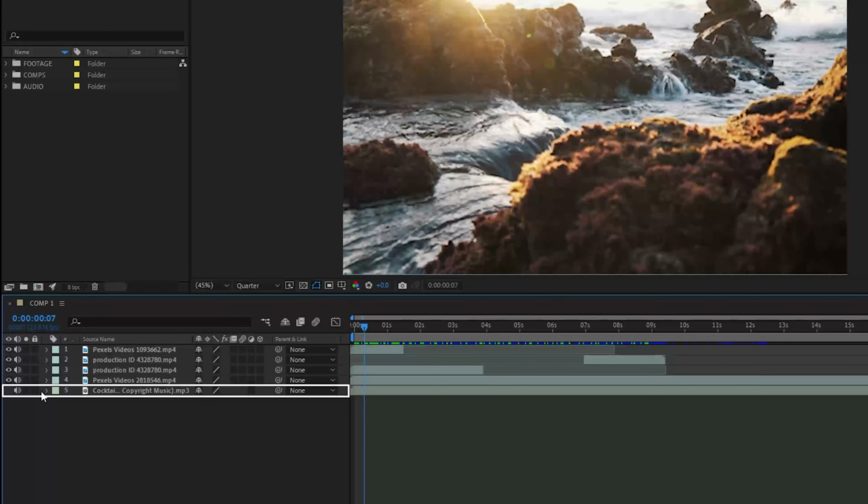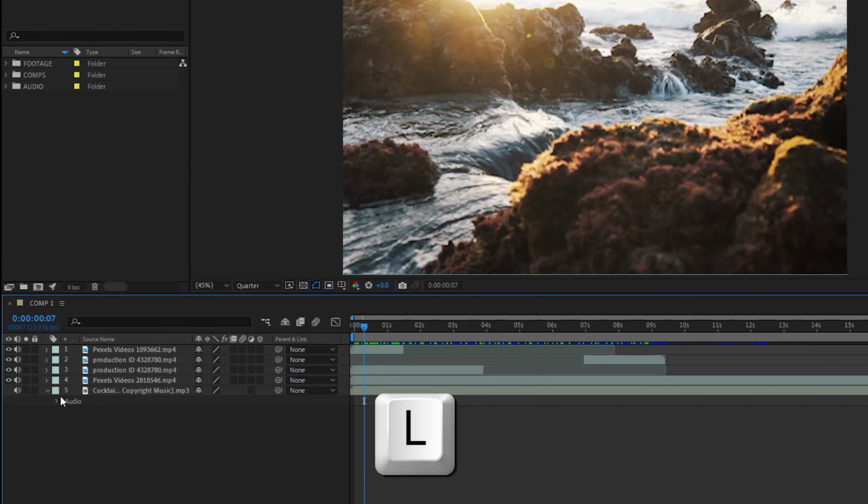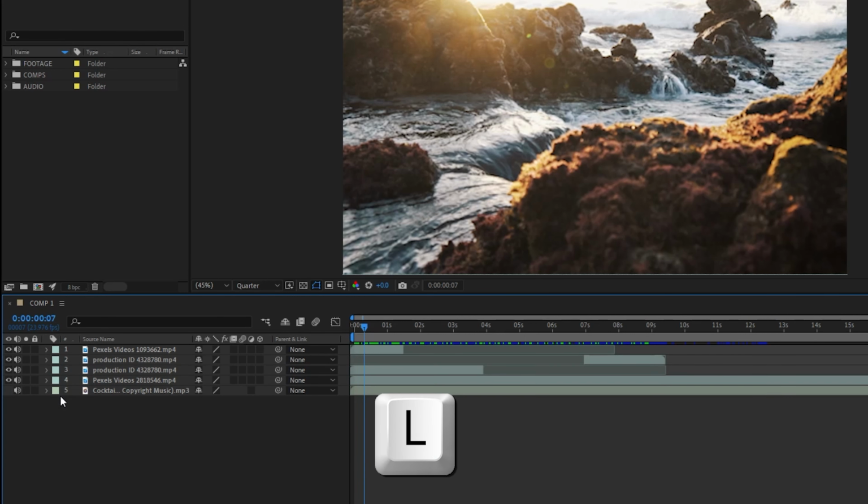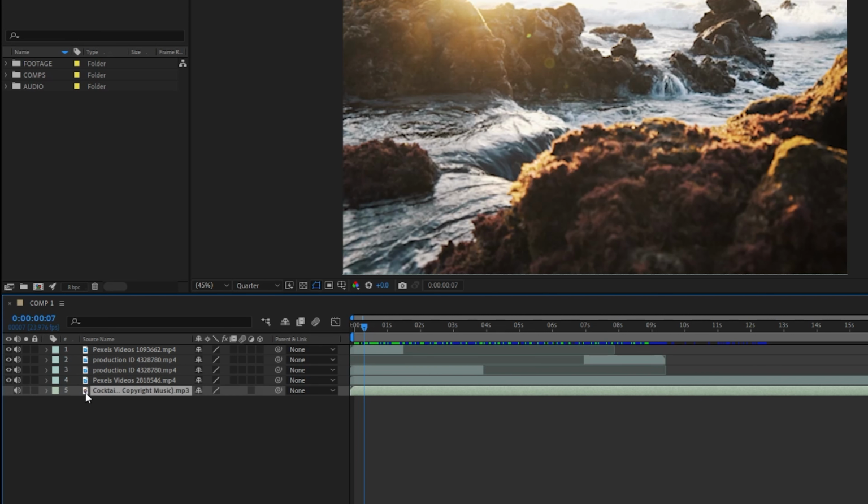You can see the little arrow. If you click on this, and click again on the downside arrow, then you can see the audio layer properties. The shortcut to see the audio layer properties is L. When I press L, you can see all the audio layer properties. When I press it again, they all disappear. And if I select this layer and press L, it will show the audio layer properties of that